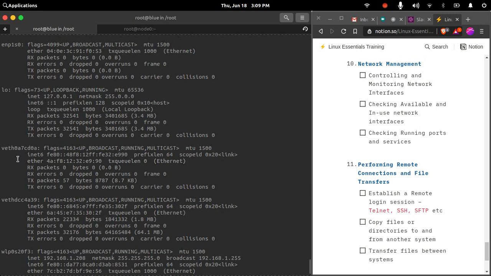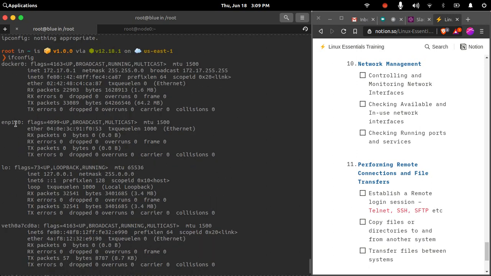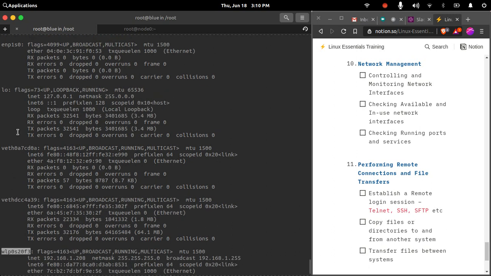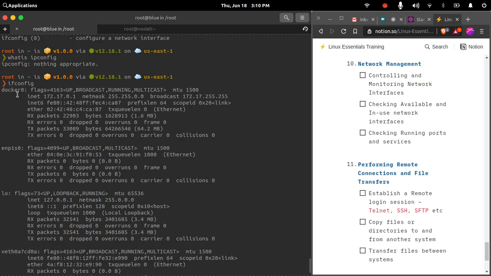This is the physical adapter connected on my system, these are the virtual cards, and this is my Wi-Fi adapter. Currently I am connected to my router through this Wi-Fi adapter. You will identify them by the device IDs that you see when you run the ifconfig command.